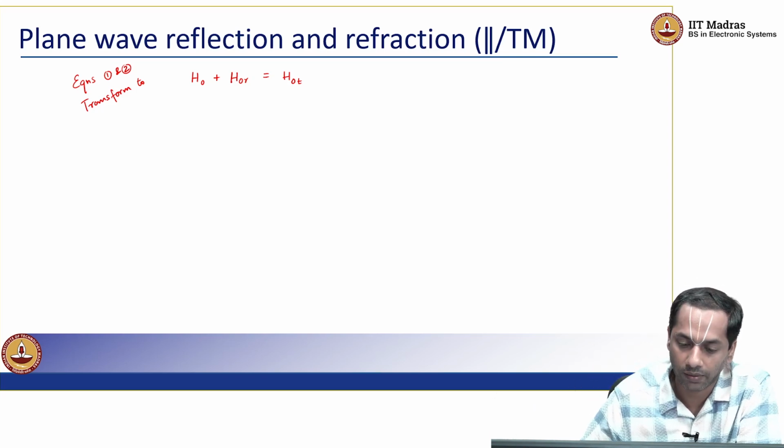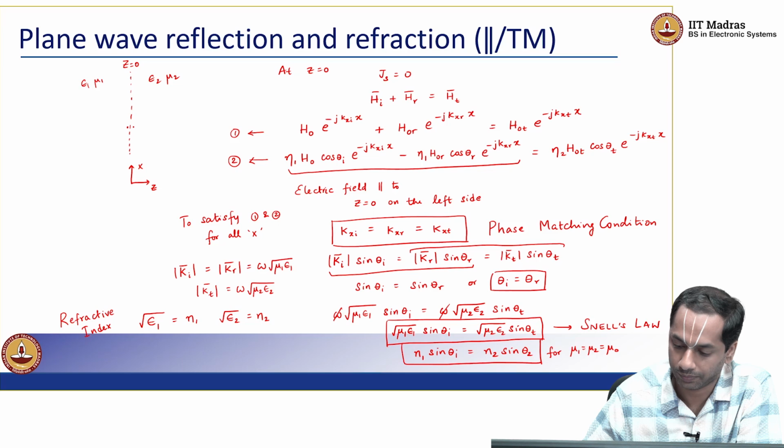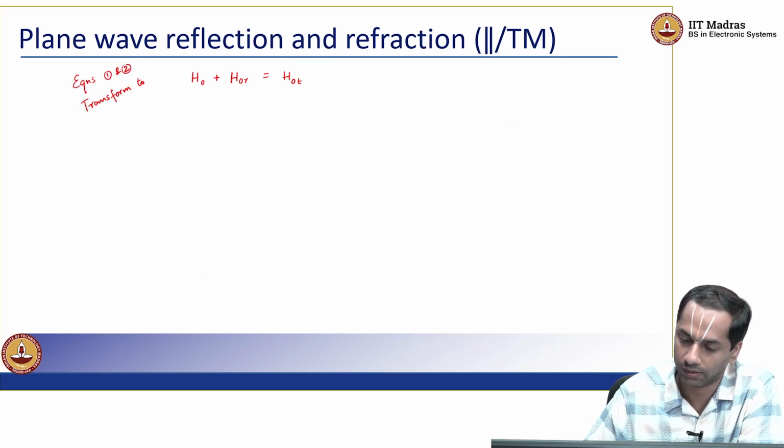And from the electric field boundary condition, we get eta 1 H0i cos theta i